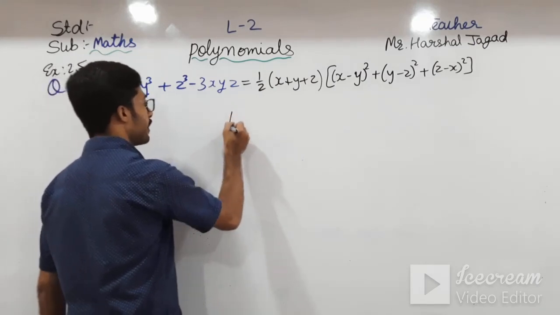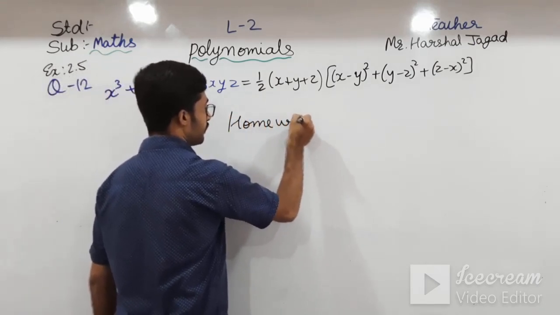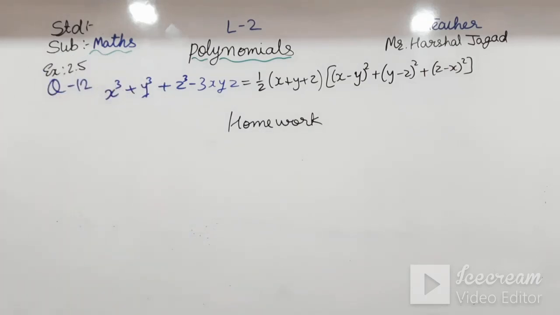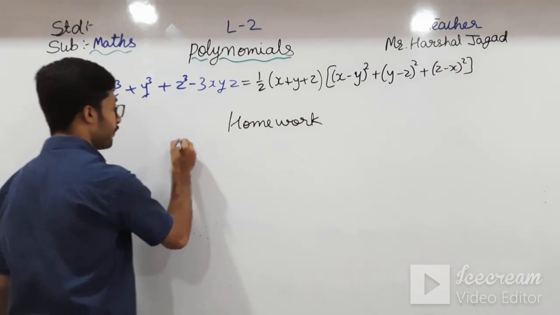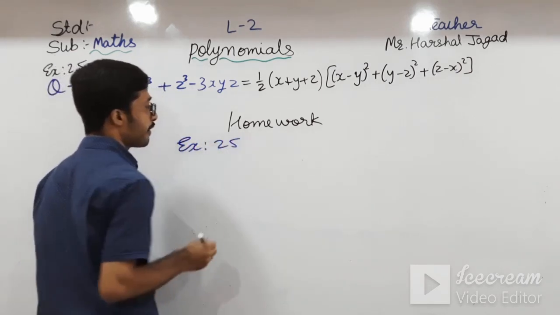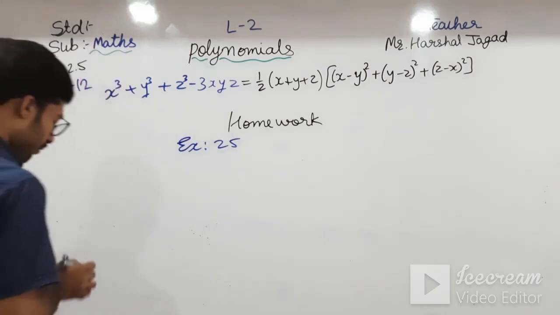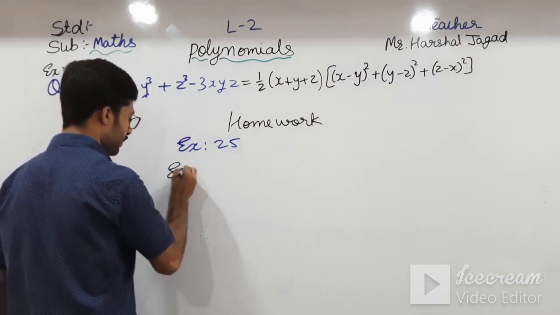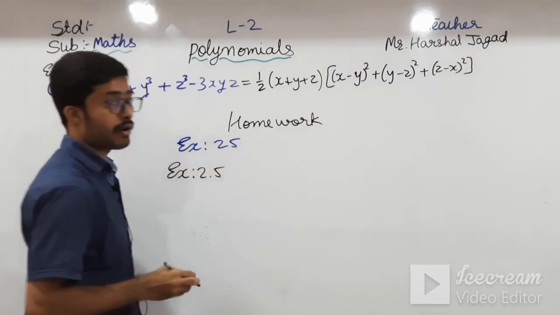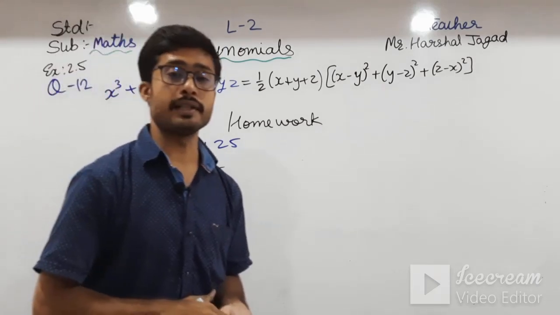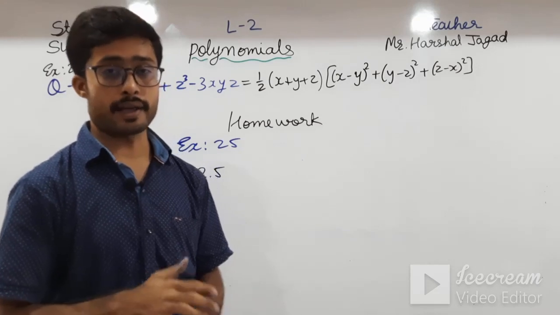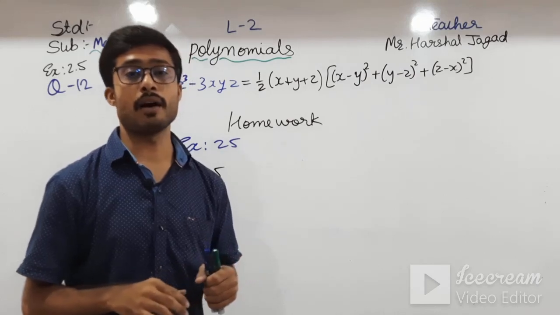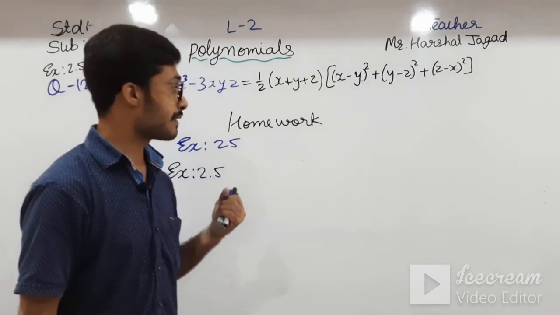I am writing your homework over here. In that you have to write the example number 25 in your example book, and all the other remaining sums of exercise 2.5 in your fair book. If you have any doubts in any of the sums, you can message me. Okay students, if that sum has more doubts, like all of you have that doubt, then I will take that sum in the next video.